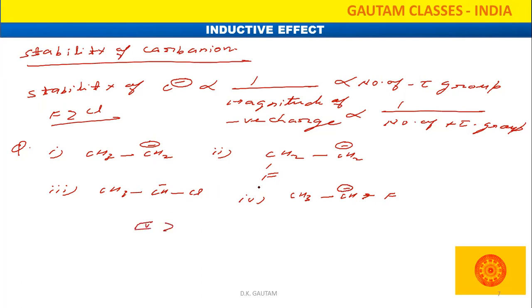Then after that, which one is coming? And also those are inductive effects, which are distance dependent effects. So here the fluorine atom is present at the second carbon atom, but here the chlorine atom is present at the same carbon atom where the negative charge is present. So it is withdrawing more electron density. So the magnitude of negative charge will be less here. So what we can write here? Third one. Then after that, which one? Second. At the end, first will come. Why? Because that one is the plus I group. It has the tendency to donate the electron density. So the magnitude of negative charge will increase. So stability will decrease. So that is the stability order of carbanion.